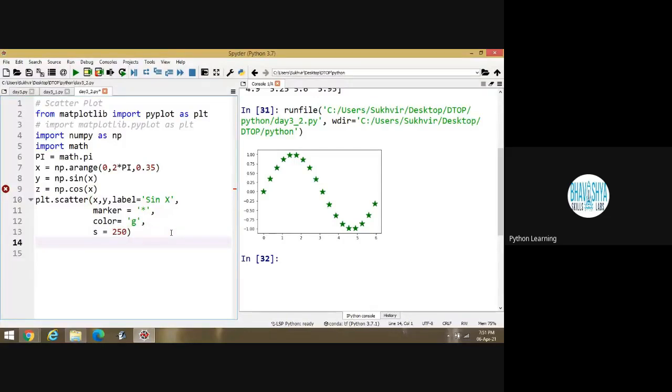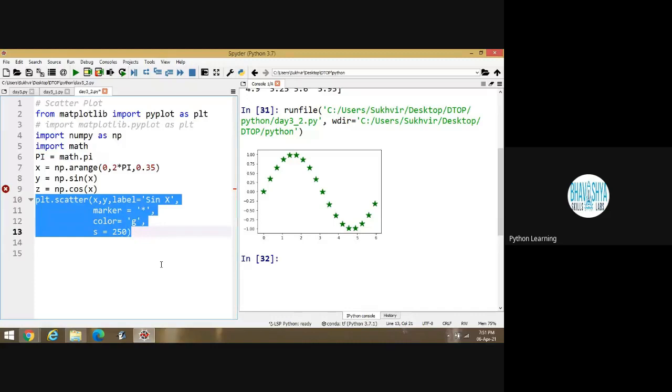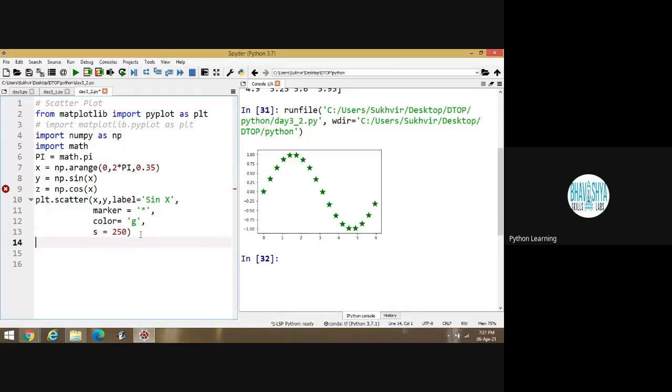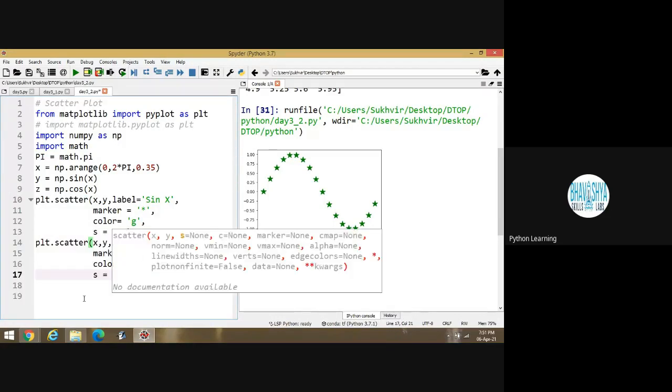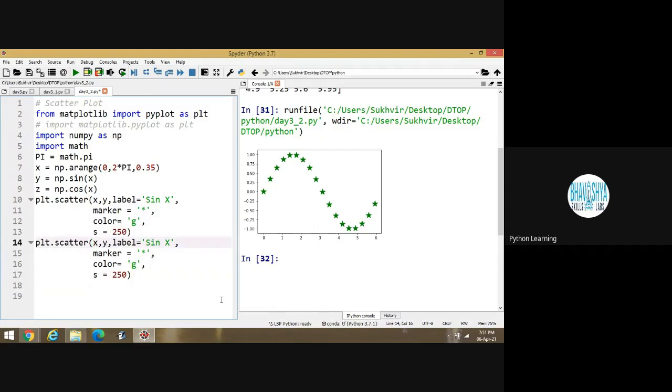Then I can copy this one, plt dot scatter, and paste here. Here I can write x comma z because this variable is there. After that, label, I am writing here cos x.